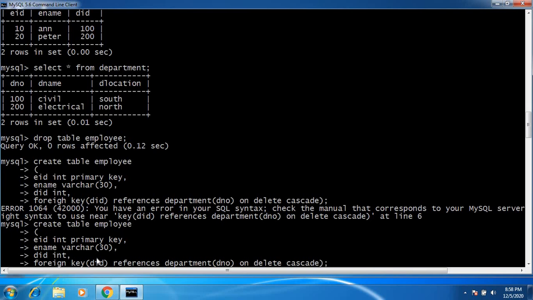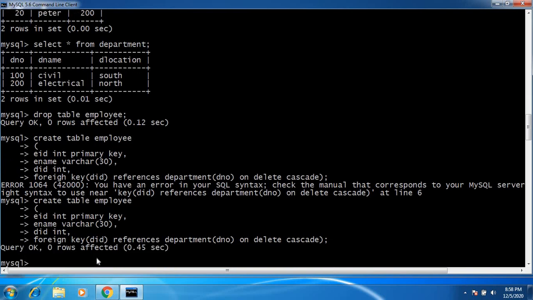What happens if I use on delete cascade? Let us try to understand this. I try to insert some employees into the record.